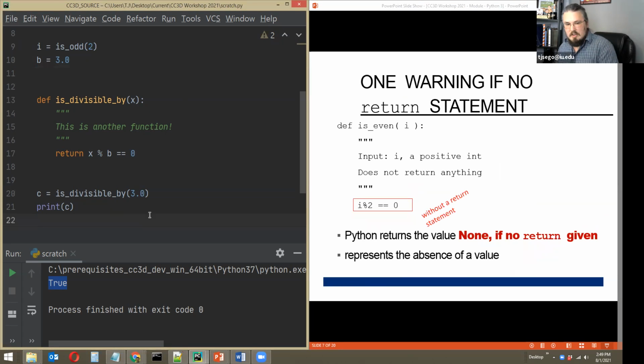Now, one thing to note here, as discussed a little bit earlier, functions don't necessarily have to return anything. Hence, if we want our function to actually return something, we have to explicitly state what the returned thing is. And then the question arises, well, what happens if we don't specify anything? What if